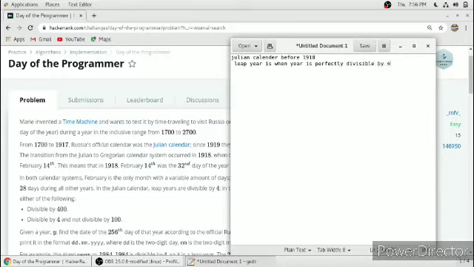And in the Gregorian calendar system, that is after 1918, the leap year logic is somewhat different.